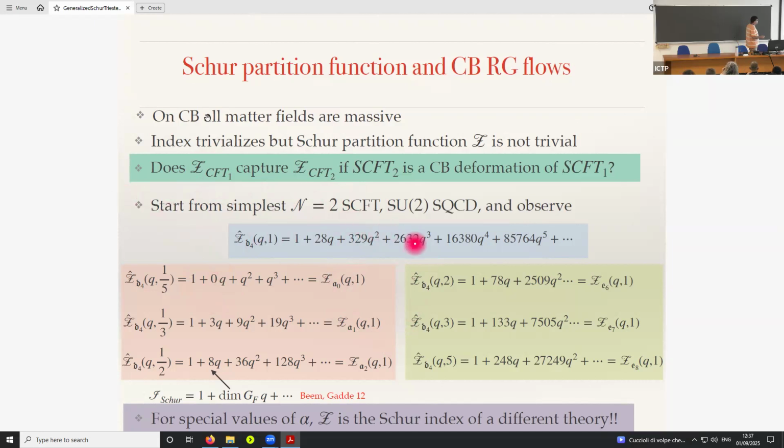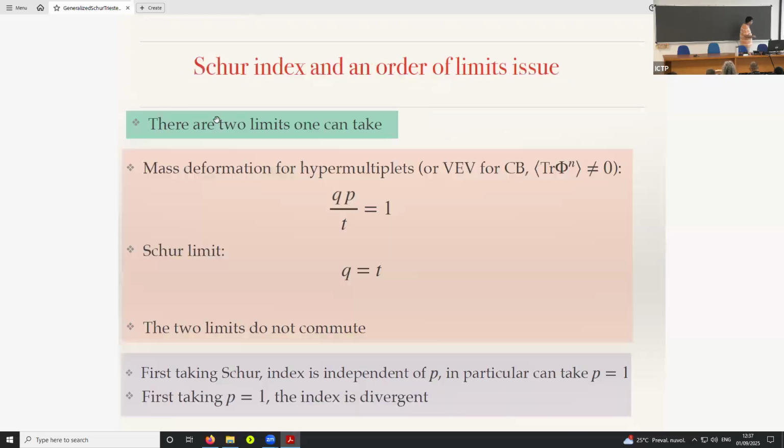We will take some simple quantum field theory, let's say N=2 SCFT, SU2 SQCD. So one of the simplest interacting conformal field theories with a Lagrangian, which is explicitly N=2 supersymmetric that we can consider, which is not a free theory, and compute this partition function for it. And the question is, in the spirit of what I started with